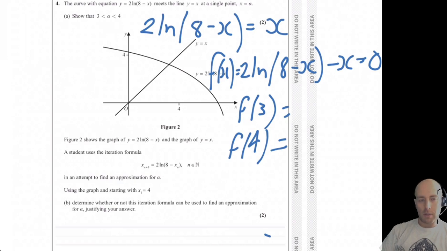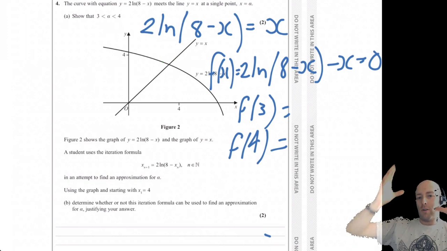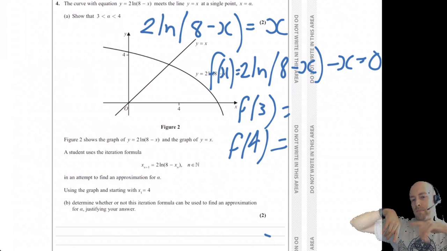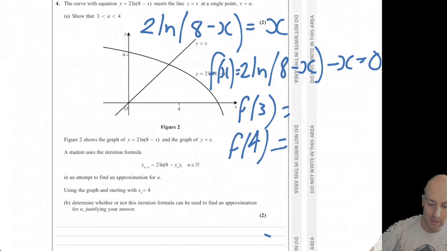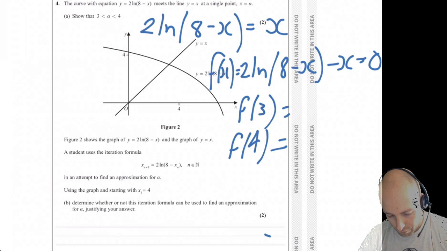I know that obviously we're looking for the root in the middle there, but if we plotted both those two equations equal to each other on one side, we would find the same root basically between the same 2 points. So we're going to do f of 3 and f of 4.